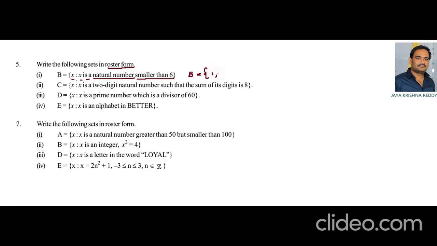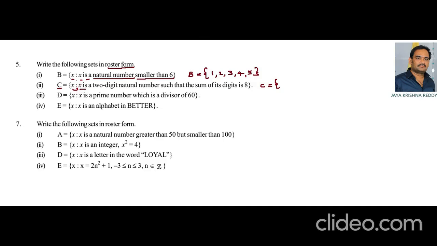So we can write the natural numbers smaller than 6 as 1, 2, 3, 4 and 5, up to 5 only, not equal to 6, only smaller than 6. Next, second question, C equals, so the name of the set is C equals, here also